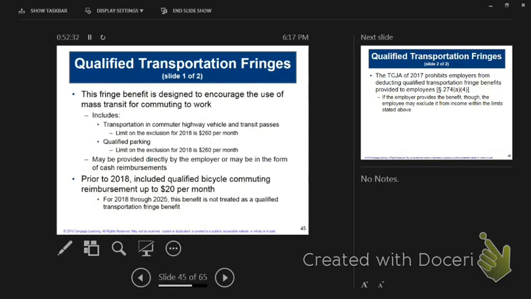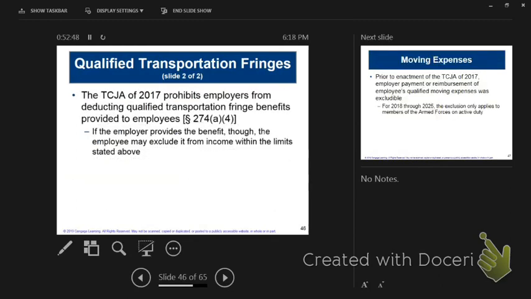So I don't know what's going to happen to parking. I don't know what's going to happen to any incentives to ride mass transit. That one just doesn't make any sense to me. Why in the world would you take away the incentives for companies to encourage mass transit? But starting 2018, they cannot deduct that. So, all right, so let's take